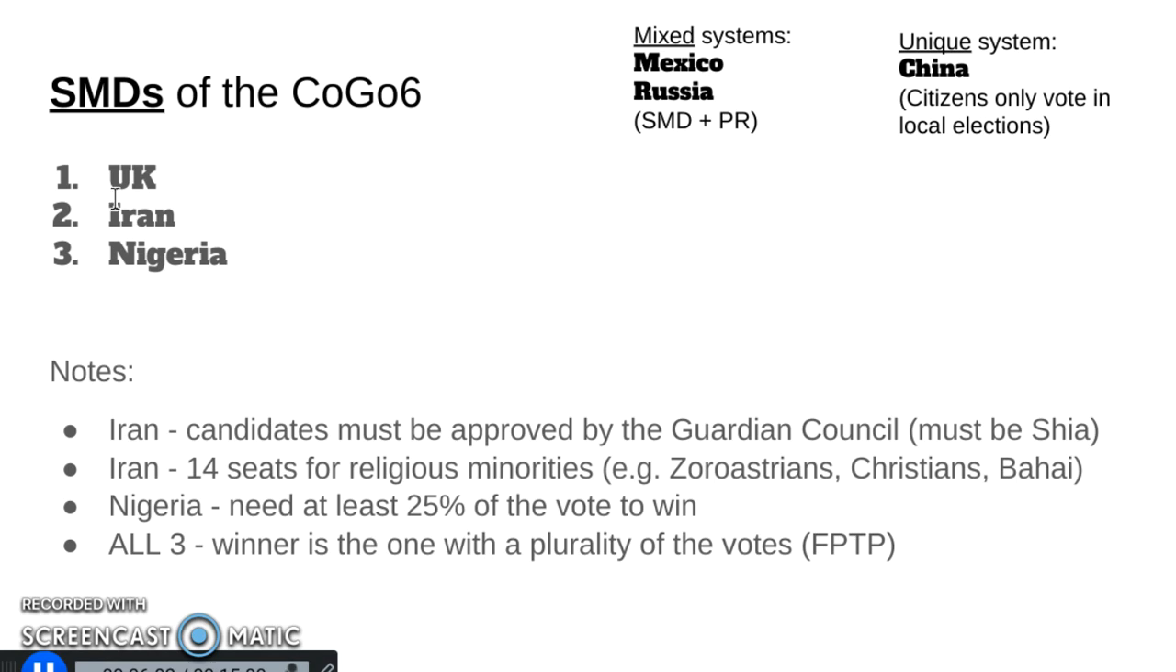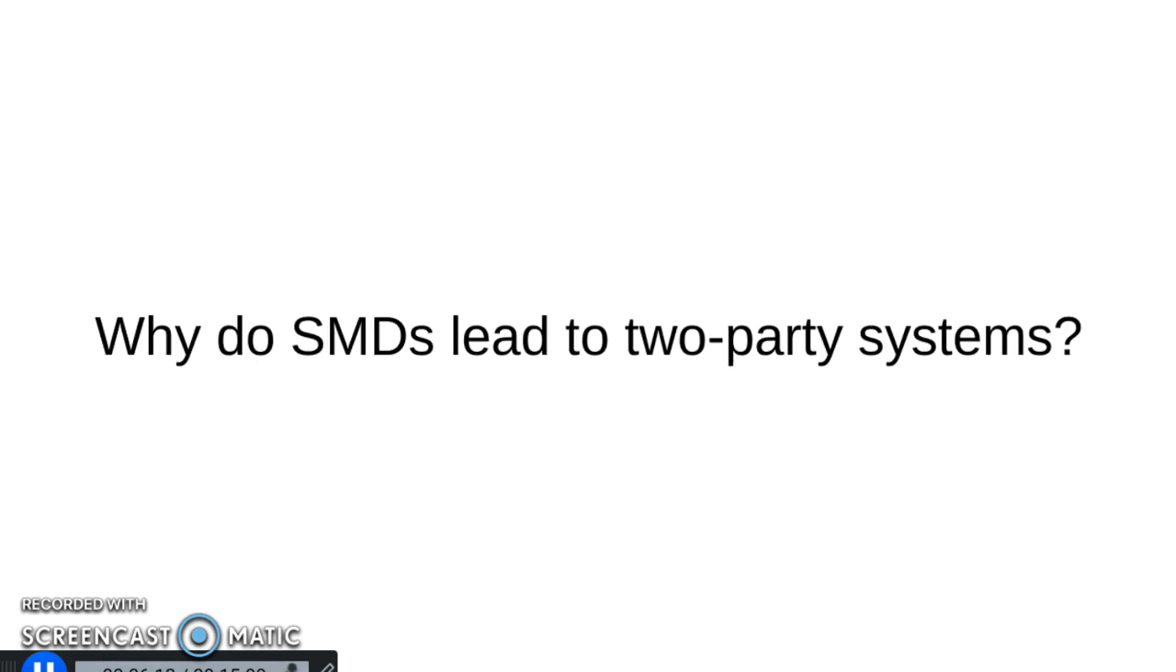In all three of these countries, the UK, Iran, and Nigeria, the winner is the one who wins with a plurality of the votes. The most number of votes wins. So why do SMDs tend to lead to two-party systems? Well, in a winner-takes-all system,